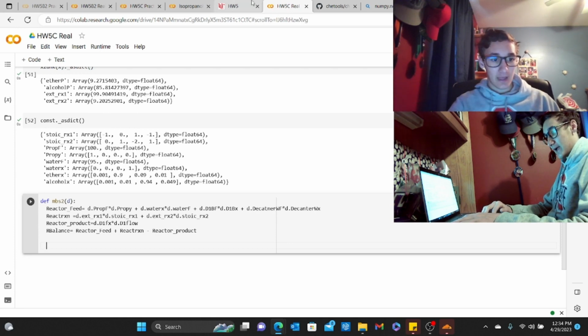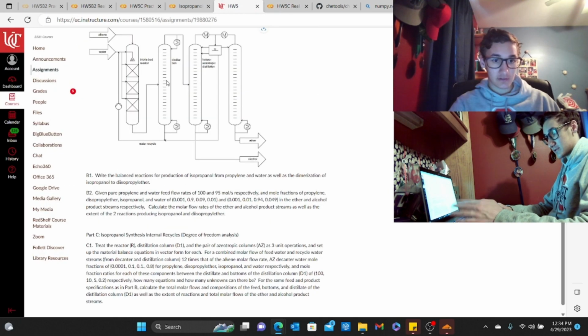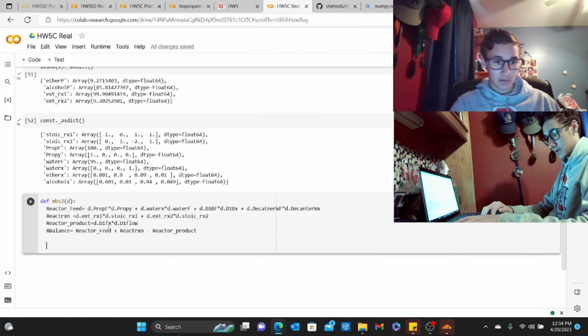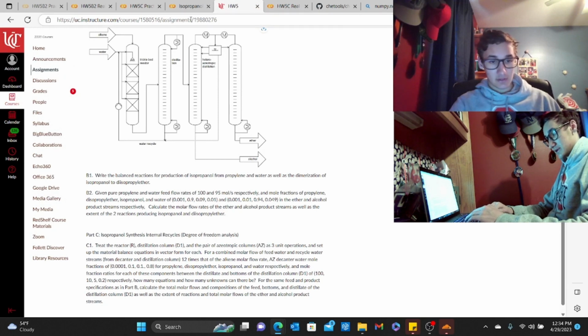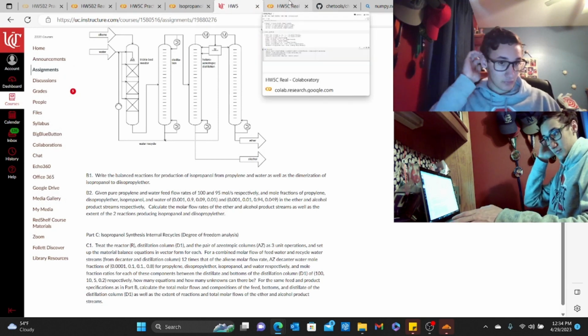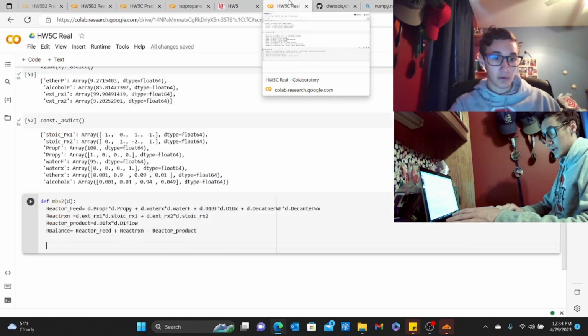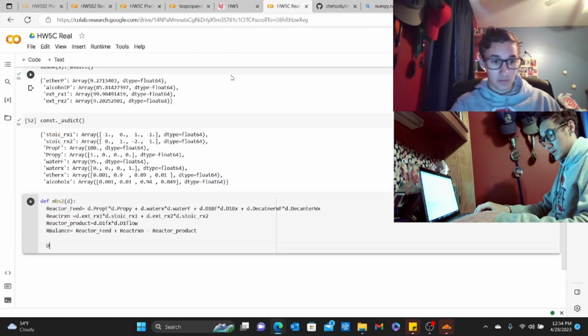So now that we have our reactor set up, we can start working on our distillation column. So again, we're going to call what comes out of here our D1 bottom. Let's just call it D1 flow, D1F, as, well, what do we call the incoming? We call the incoming the D1FX, D1 flow. So you can call this D1 top, theoretically. And so what we want to know is basically D1 balance is, again,